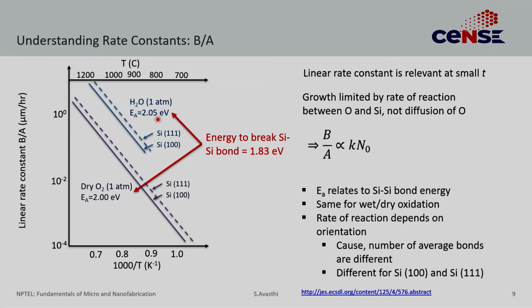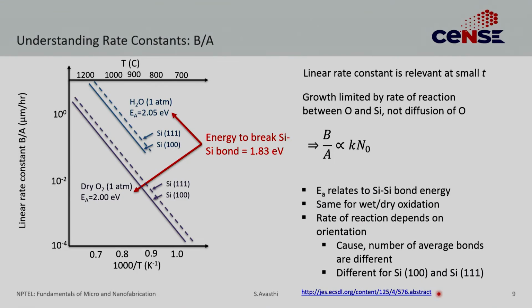So, all of this observation can be exactly squared with, or explained by, the mechanism, and that is the hallmark of a good model. All the data is explained, all the intricacies are explained. By the way, once again, all of this was done in this landmark paper. If you have not read it, I would urge you to go and look at this paper. It's a very old paper, 1960s if I am not wrong, but a very, very convincing paper. So, this we have all done for the linear rate constant.